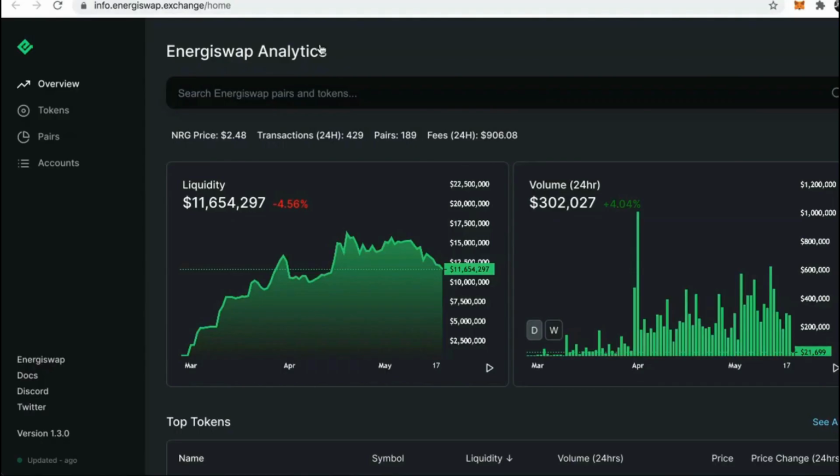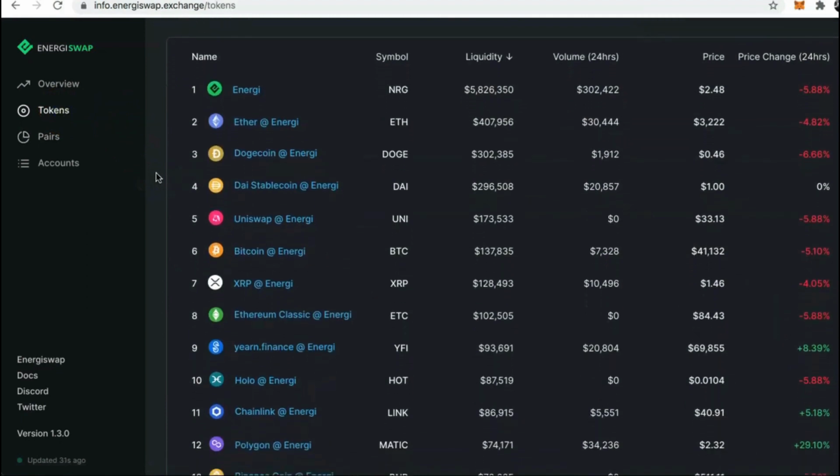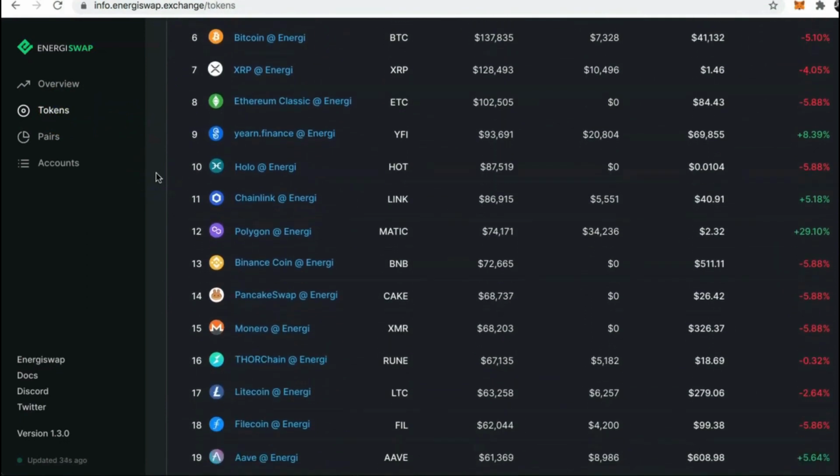And the final link is the analytics link, which takes you to a separate website. This shows all of the analytics of Energi in real time. You can see the price, transactions, pairs, fees, liquidity, 24-hour volume, top tokens, top pairs. And remember, this is a newly launched DEX. It was just launched in March of 2021. So we're going to go over the tokens. And if you see any tokens